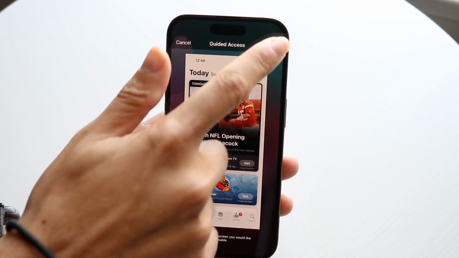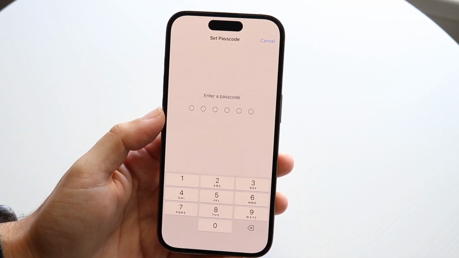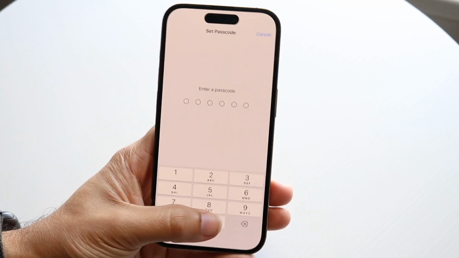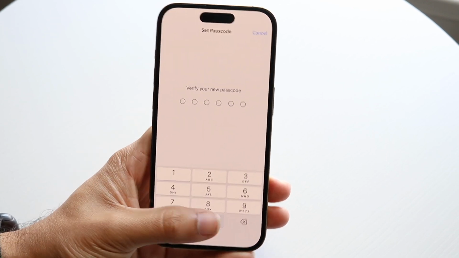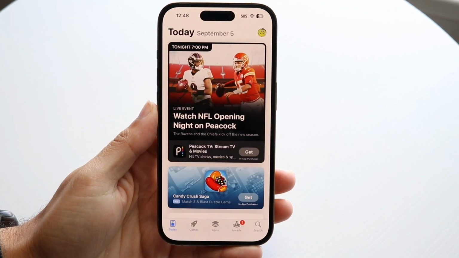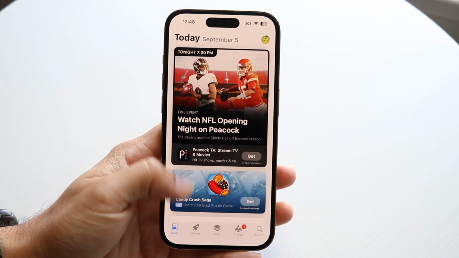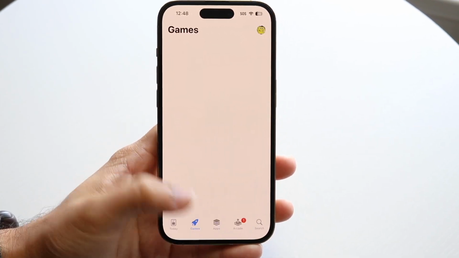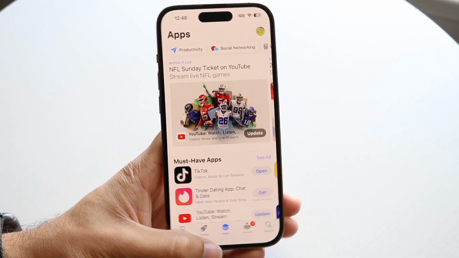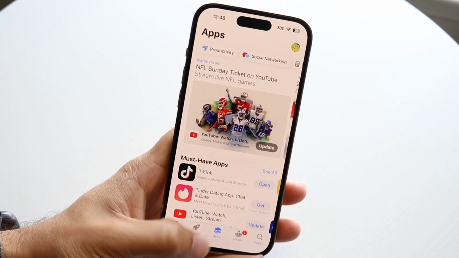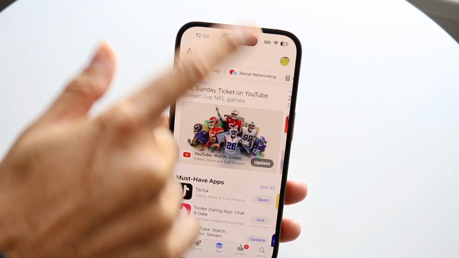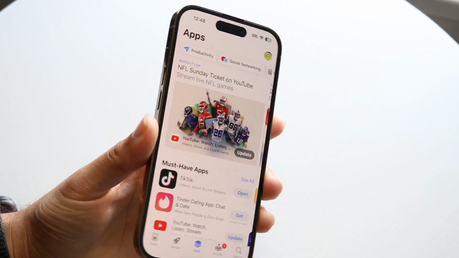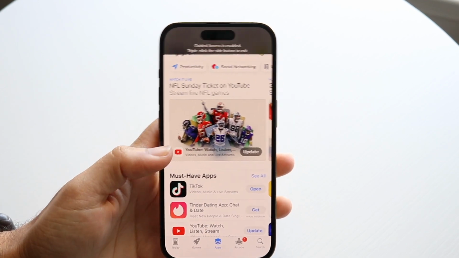Now when you're ready, you can click on start and you can set a passcode that you want. In this case, we'll just set a bunch of zeros and we'll set a bunch of zeros again. And now we are stuck in this application. So now you have enabled guided access. You can now do whatever you want within this application. You can see if I swipe up, it's not allowing me to swipe up. And if I swipe down, it's not allowing me to swipe down. You can still click on the power button as you can see, but